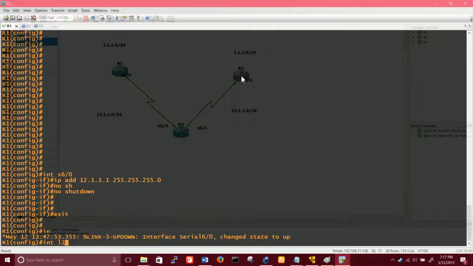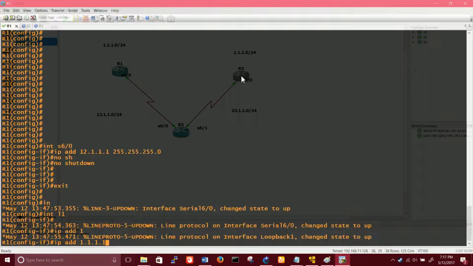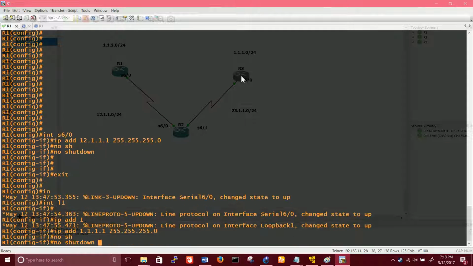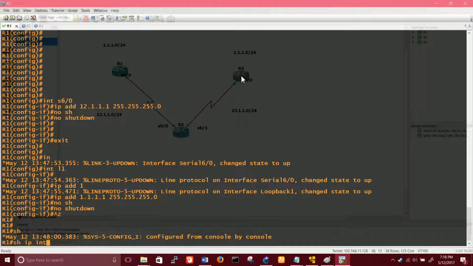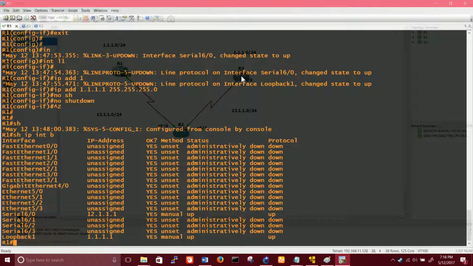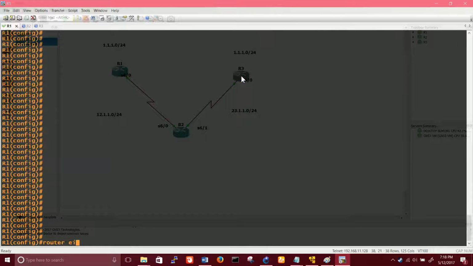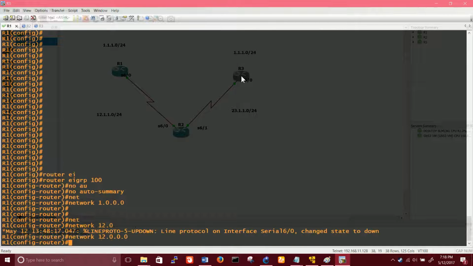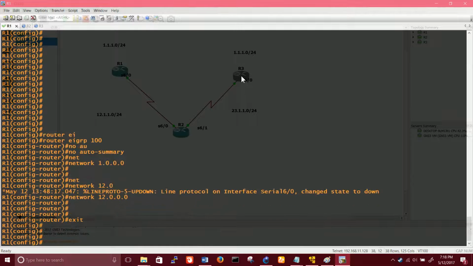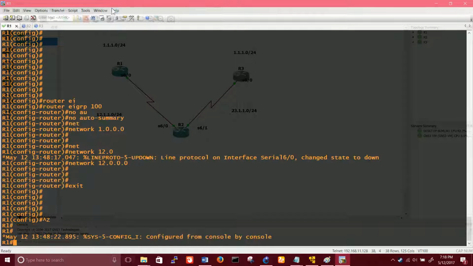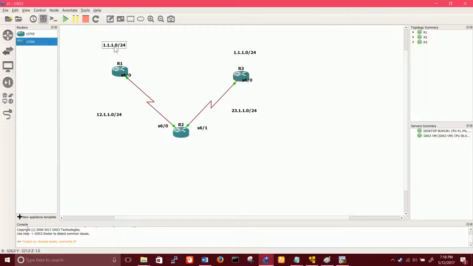And let's create the loopback network 111 we have here. So what we did on R1, show IP interface brief. Only the interfaces we assigned. So let's also do it right now. Let's turn on EIGRP on both of these. Router EIGRP 100, no auto-summary, network for my loopback and for my serial interface. This will do the job. R1, the whole configuration is done. We assign an IP and a loopback, and turn EIGRP on both of them.